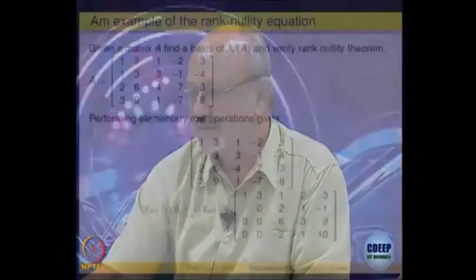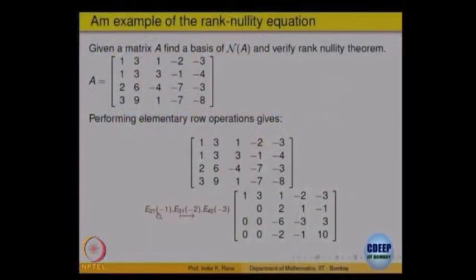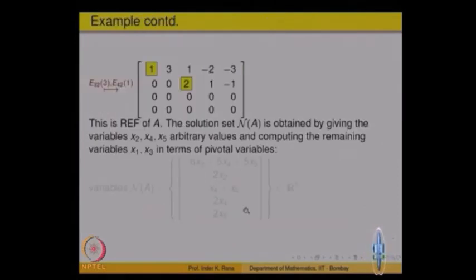In either case, first of all, we have to reduce it to the row echelon form. So, let us do that. This is the matrix. I have written down the operations, with a 0 here which is missing because of a typo. Do that, and this is what you get.